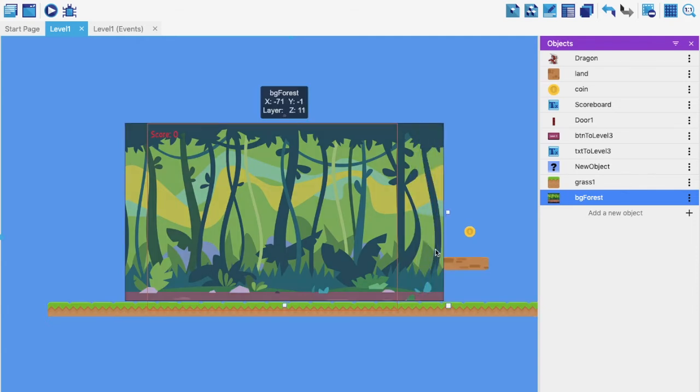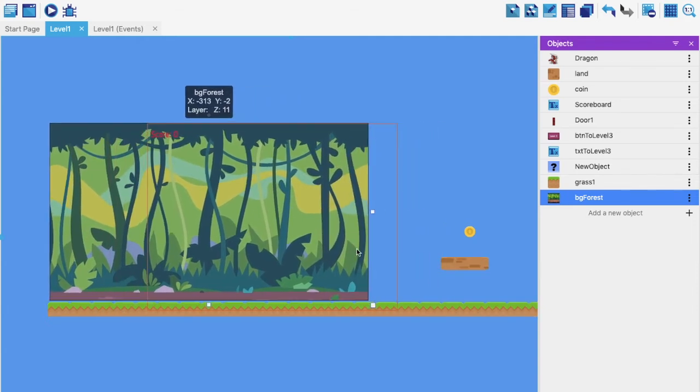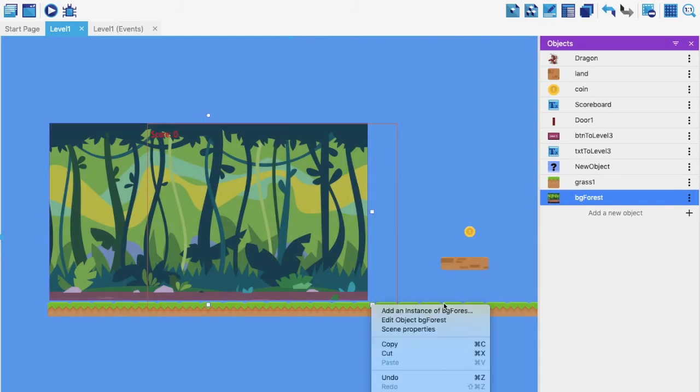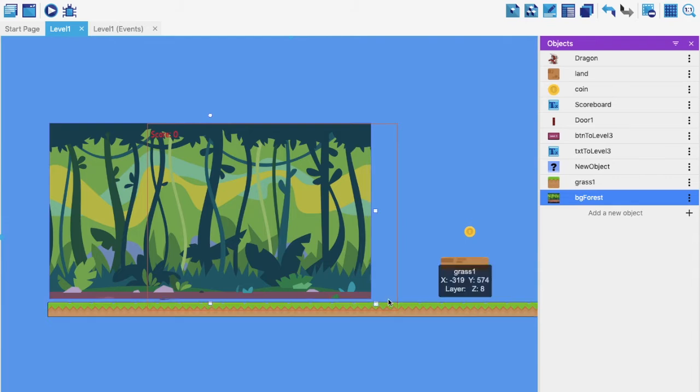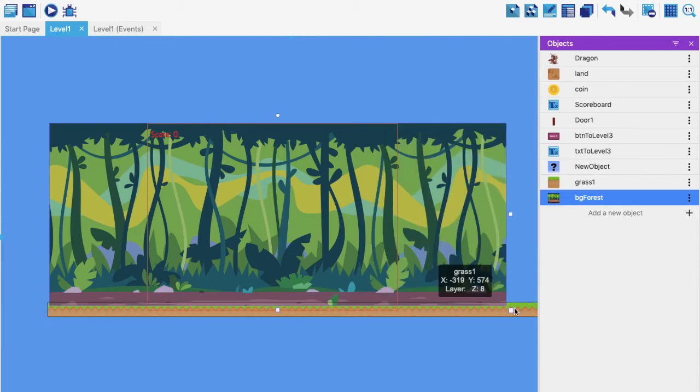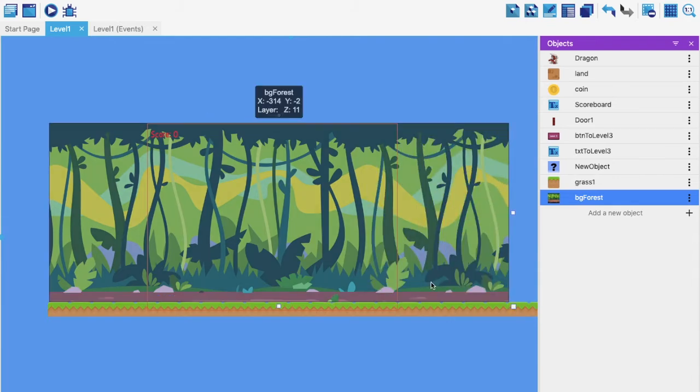So guys, as you see, the problem is that when I add my background, it covers my characters and the coins and other sprites too, right? So what we have to do, while the forest image is still selected, is go to the properties panel, the third icon from your left-hand side.